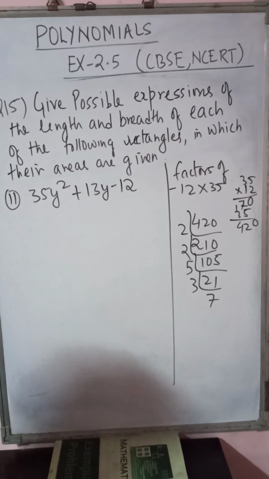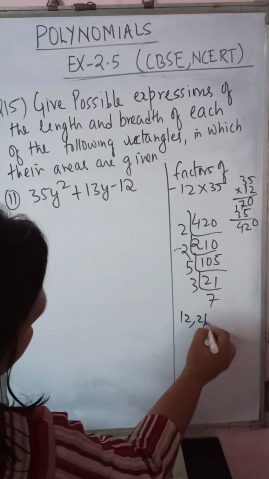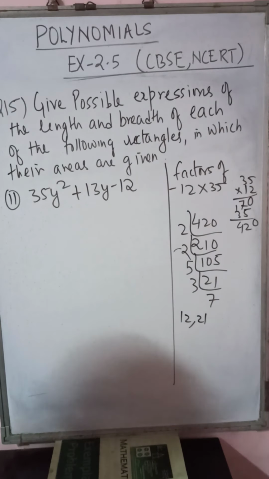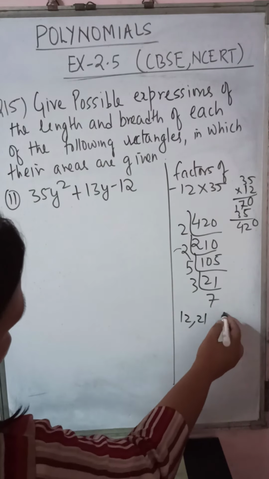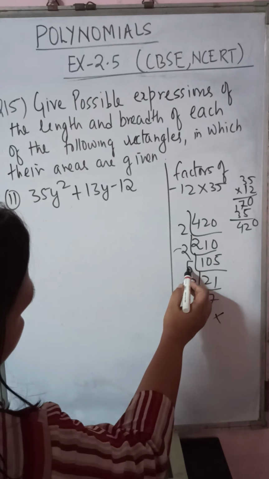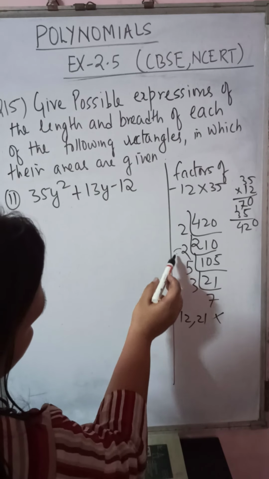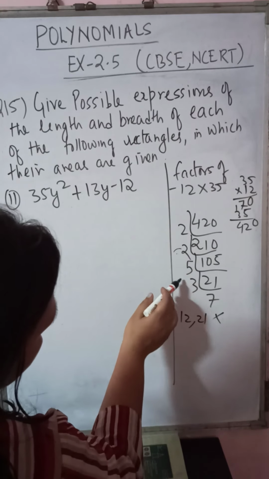Okay. So again trial and error. 5 2s are 10. 10 2s are 20. And 7 3s are 21. By any chance are you getting plus or minus 13? No. We'll check another combination. 5 3s are 15. 15 2s are 30 and 14. Okay, 2 2s are 4. 4 5s are 20.